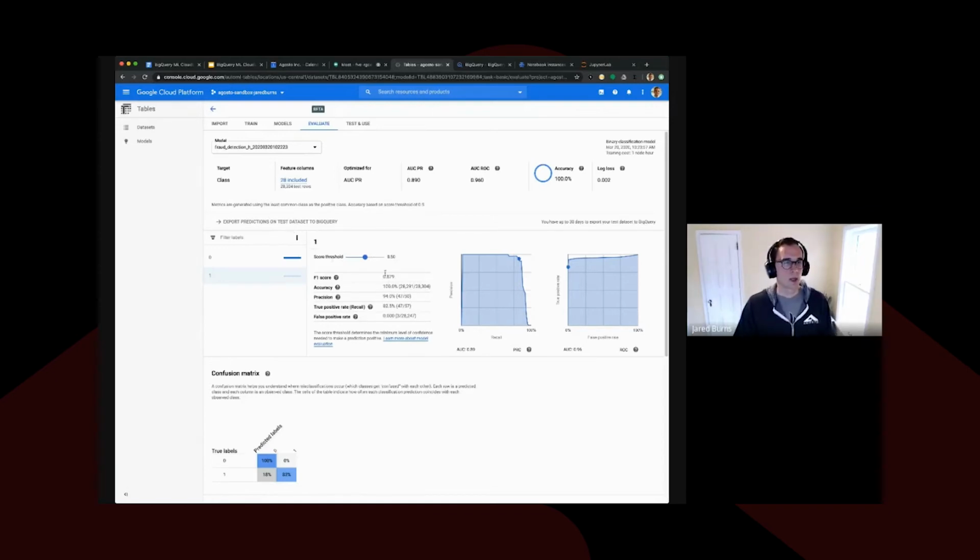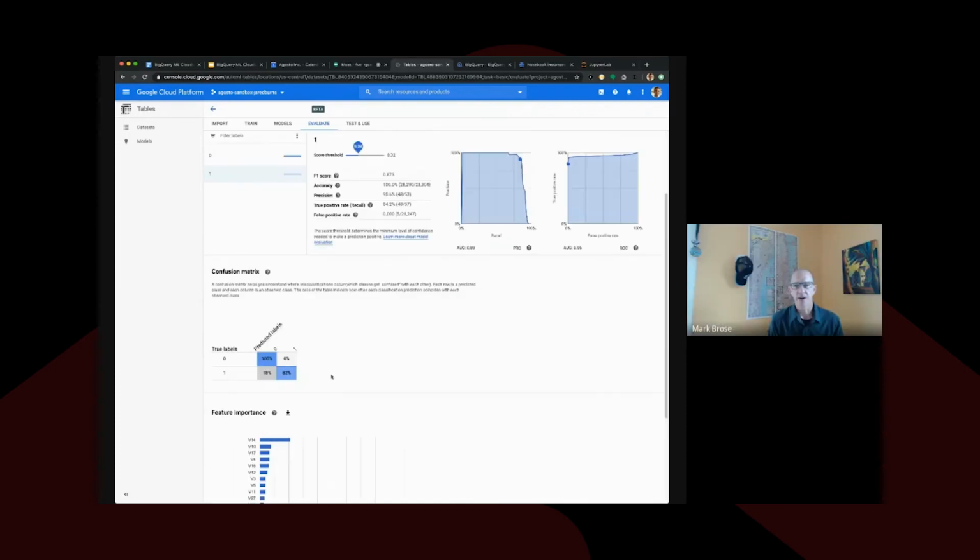Yeah, exactly. Some cool features in this is this gives you this slider for the score threshold. Your score threshold is your value of your prediction result and then what the model will predict is the class. So let's say that we have it set to 0.53 now. Any prediction value above 0.53 is going to be a prediction of fraudulent, and anything below that is going to be non-fraudulent. Well, maybe we want to customize this and set the threshold value to anything we want. We can do that in the UI here using this tool, and it'll update your results in real time as you move this slider back and forth.